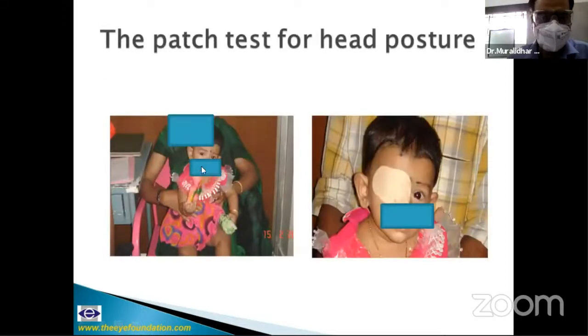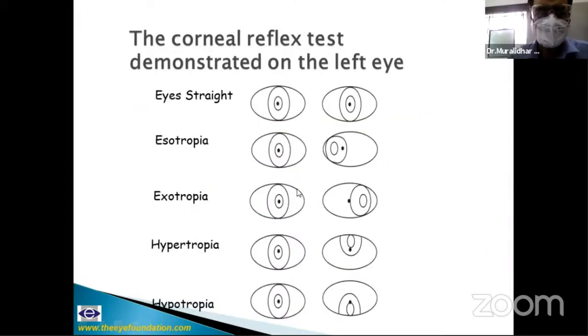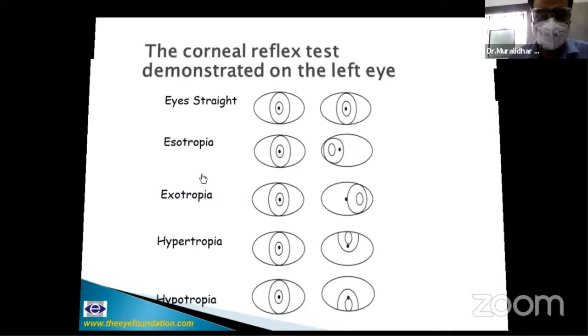For example, this patient was very uncooperative when we corrected her head posture. So what we did was we patched this eye first and the other eye next, and the child's head posture did not change. So we can, with a reasonable degree of certainty, assume that the child's head posture is not related to the strabismus or nystagmus or any other ocular condition for that matter. Of course, this is assuming that vision and refraction has been done, and this is what we need to sensitize our residents to. We need to tell them that the corneal reflex test gives a crude estimate of the ocular deviation, and they need to proceed with it.